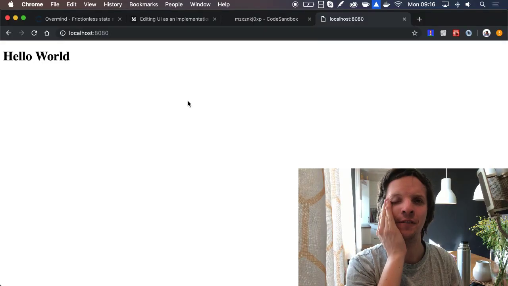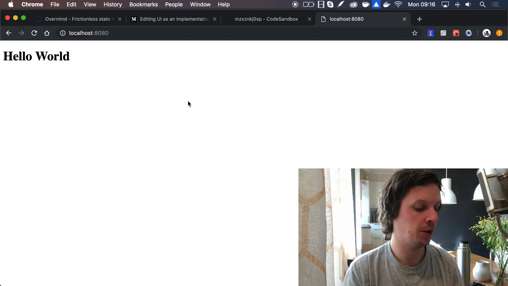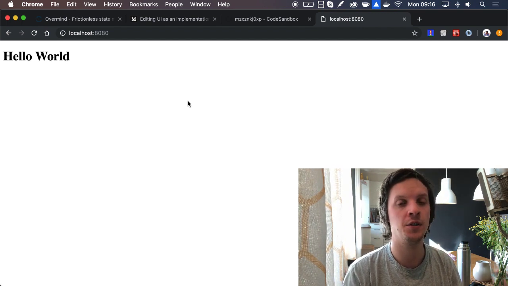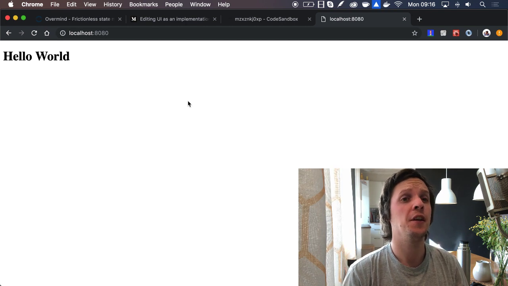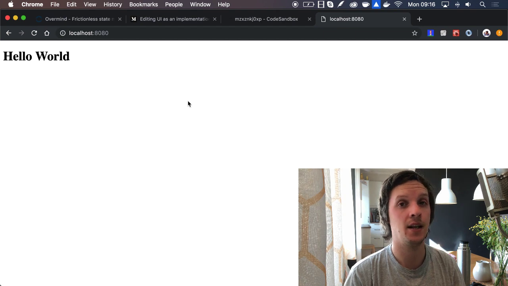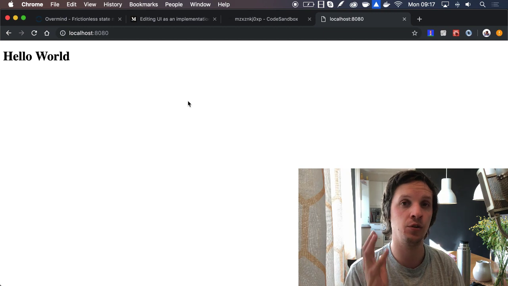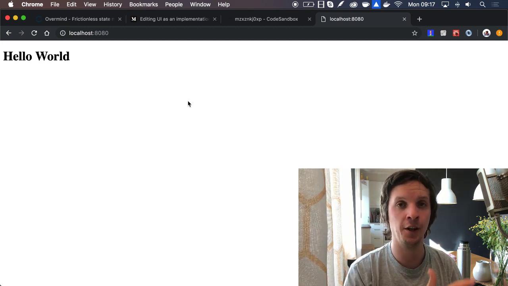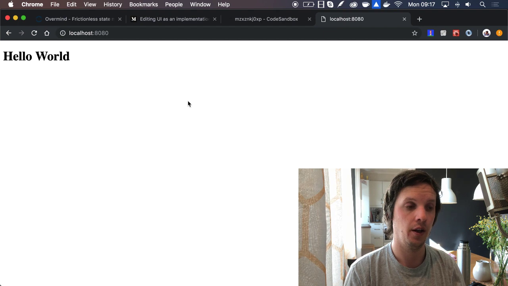Last but not least, I want to show you something really cool. I've been talking about CSS and styling for a while, ranting about it, because I think it's such a pain that we're still constantly thinking about what is inline styles, what is CSS, class names, isolation. There's so many things I don't want to think about when I do styling. I just want to create a component, give it styling, and not think about it anymore.